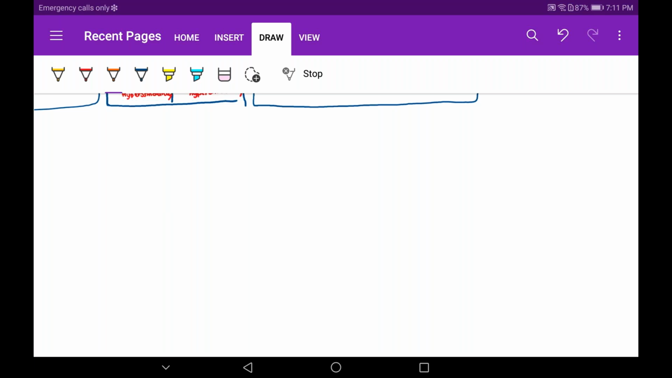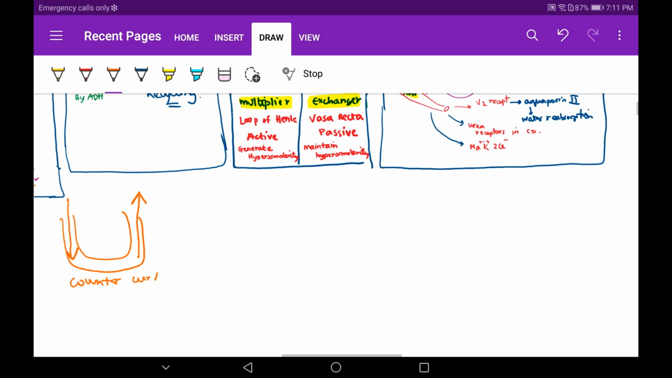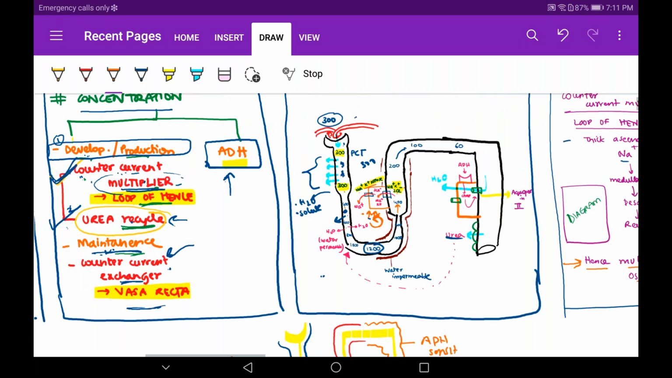Okay, now let's correlate with our notes. What was the first part of our session? Yesterday the multiplier was over. Now, the urea cycle. Come to the urea cycle, my friends. It is required for the development. So again, I will be drawing this